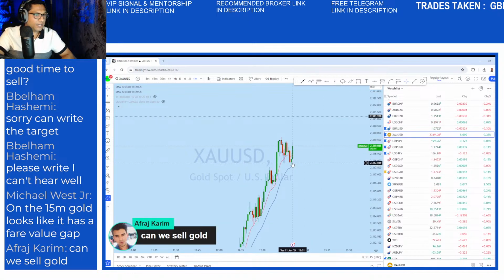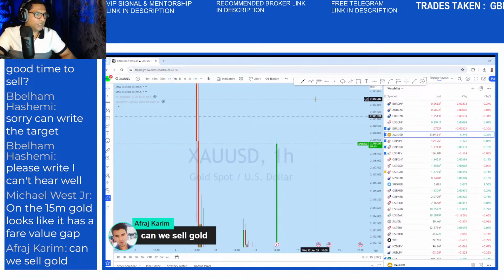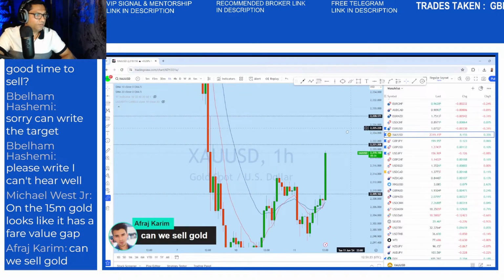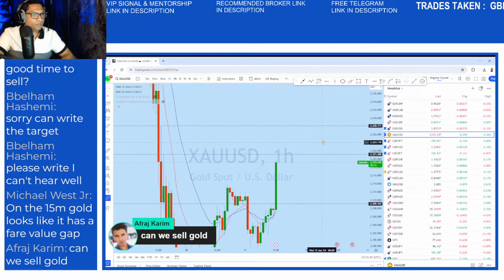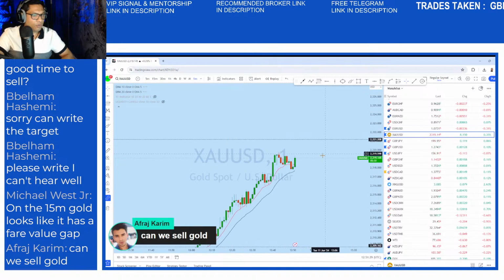So we see that after this bull flag break, again trying to bounce, and yeah, we might see now approaching that Fibonacci level. Very strong bullish momentum, could remain still bullish.